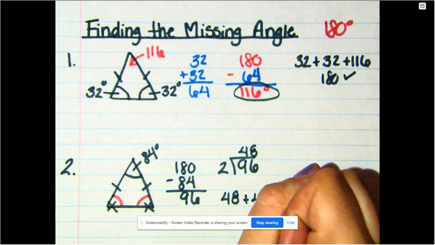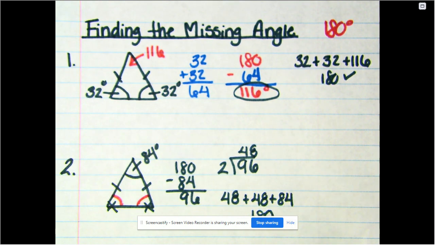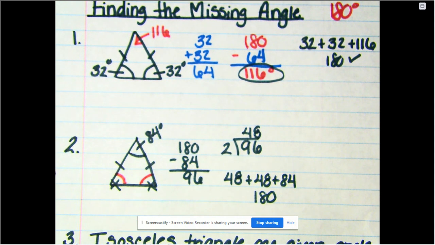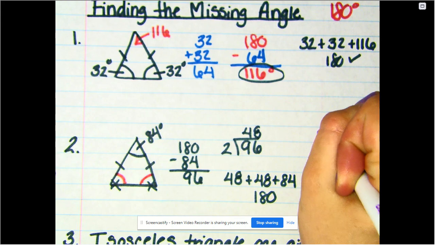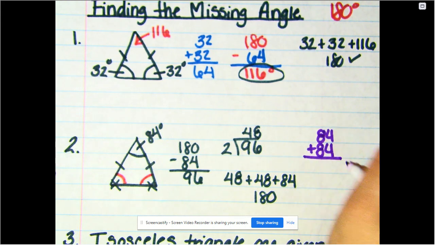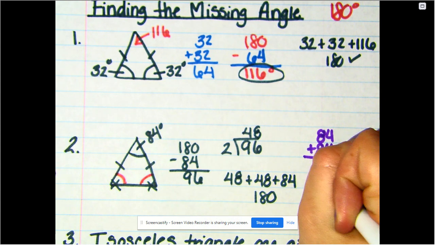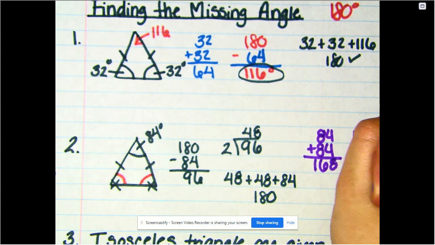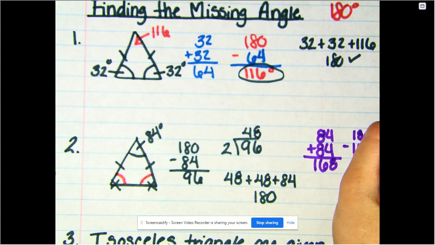And it does. But let's make sure that my 84 degrees was not the angle that was the same inside of my isosceles triangle. So what I mean by that is, let's just say that 84 could be the one that was repeated. So that would make it 84 plus 84, and the additional angle would have to equal 180. So 84 plus 84 is 168, and 180 minus 168